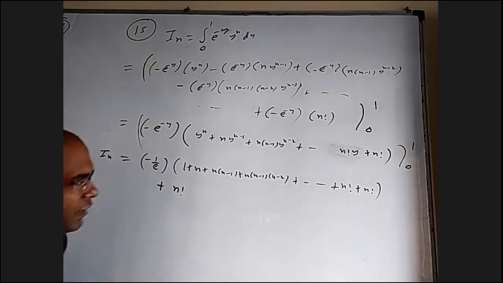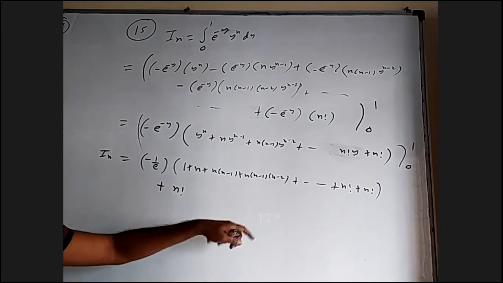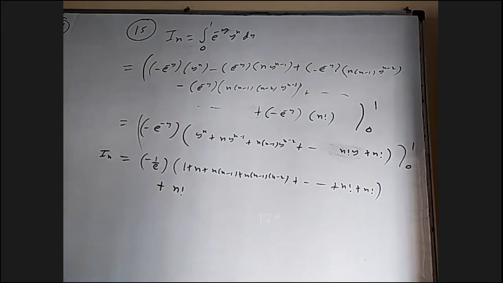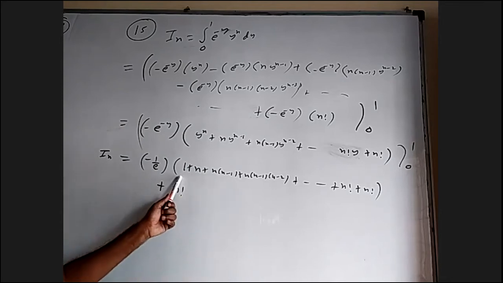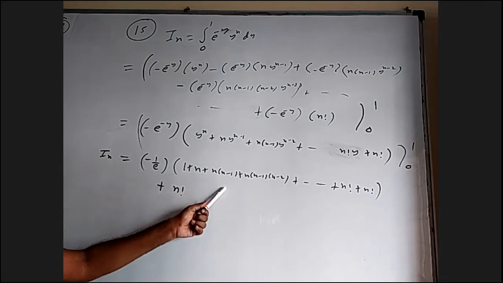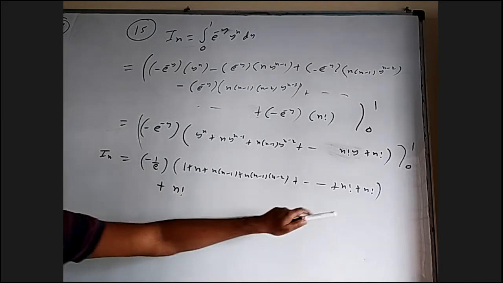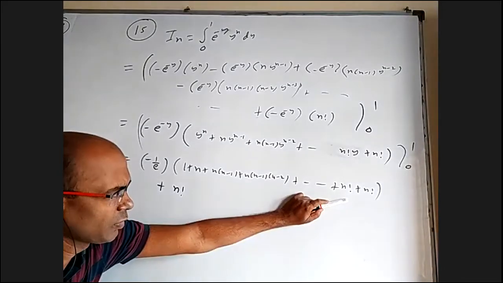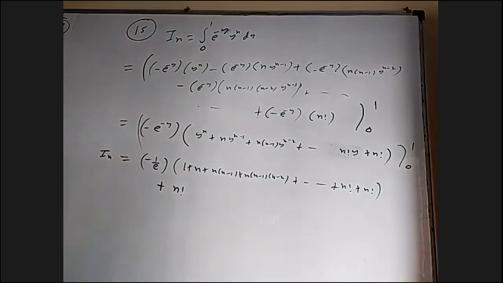Because IN by n factorial, I will divide with n factorial everywhere. But after that, how I'm going to add all of them? Okay, this is not going to come that nicely, even if I divide with n factorial. If I divide with n factorial, this is n factorial, this is down n minus 1 factorial, this is down n minus 2 factorial, n minus 3 factorial. This will be 1 factorial, this will be 1 itself. That's what is going to come.